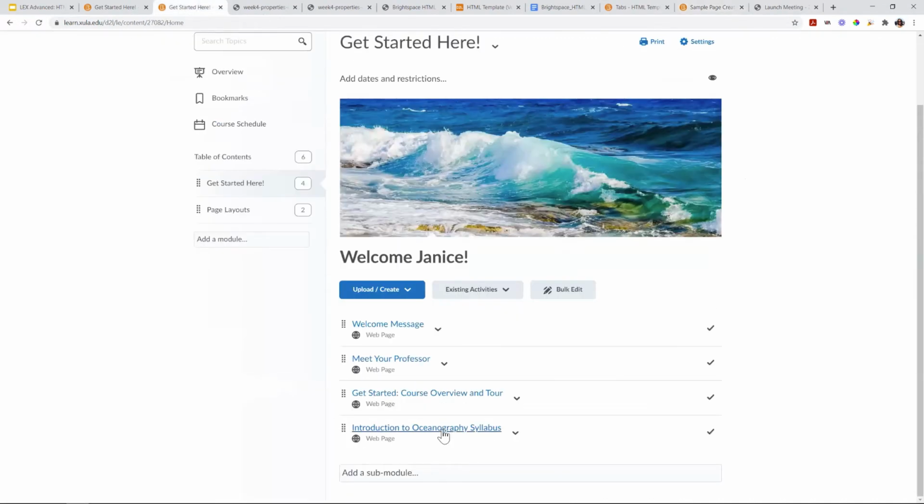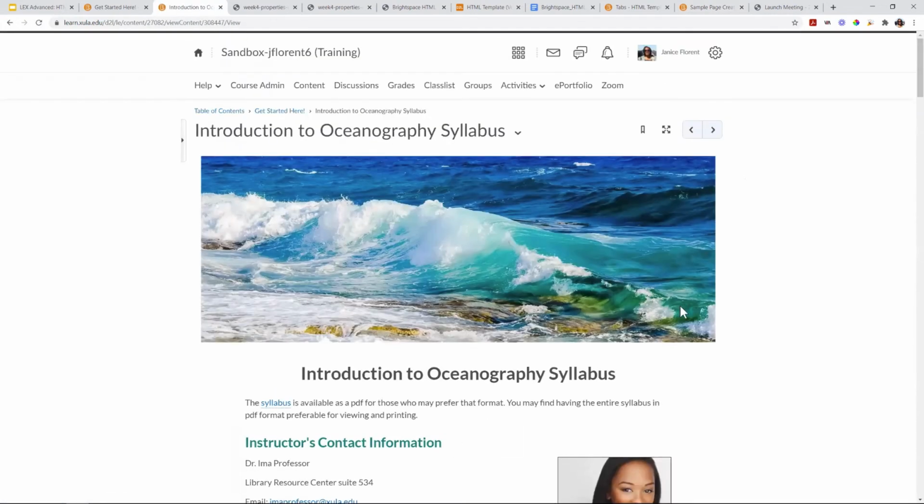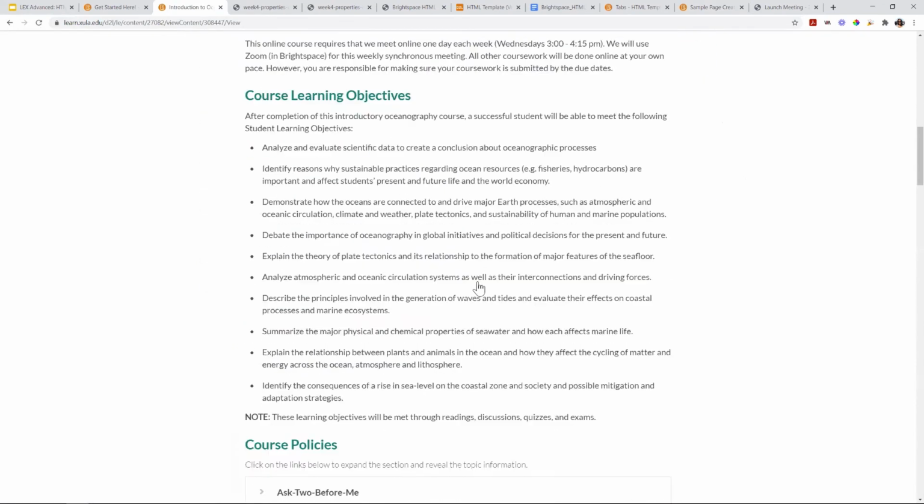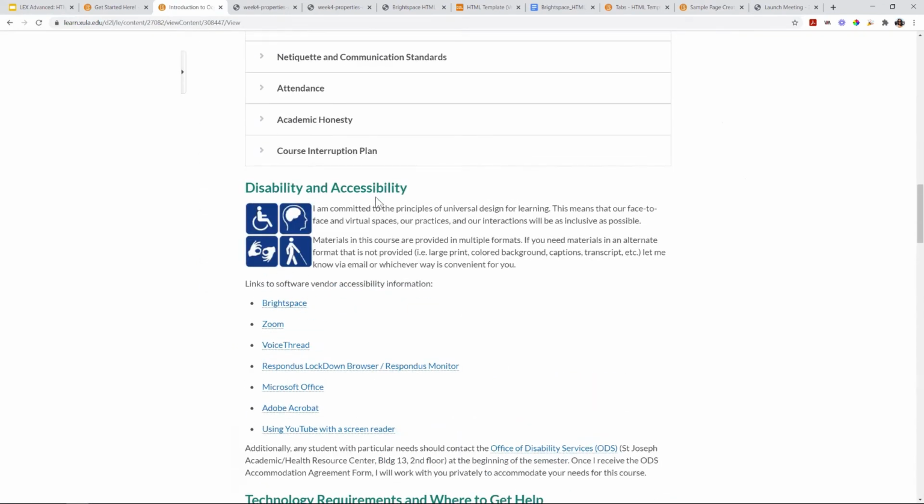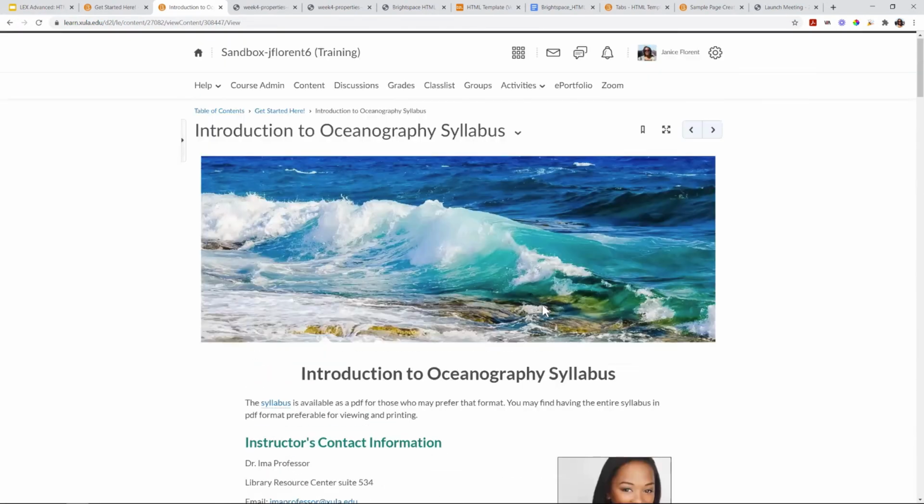Here's another situation. If you look at this syllabus, here under disability and accessibility, I have an image in here. But I would like to have some spacing here between where the image is and where the text is wrapping around. And I can do that, as I discovered, but I have to do that with adding a little bit of code in here. So if I go to edit this HTML,